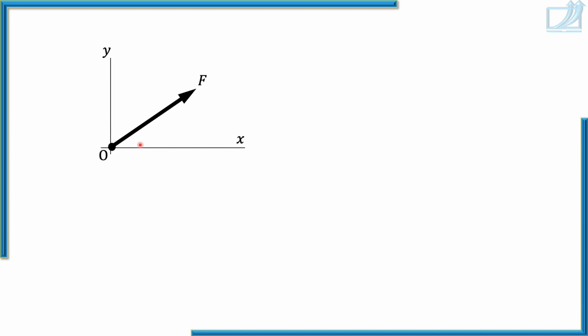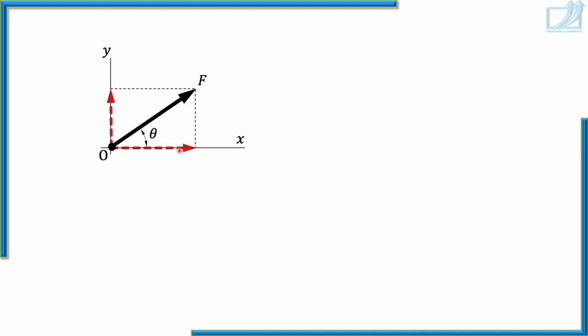Force F acting at point O. It makes angle theta with the horizontal. Now with the force F as hypotenuse, I have created a rectangle. Two sides of the rectangle are along the x-axis and y-axis. Now I am showing two forces along two sides of the rectangle containing point O. By the law of parallelogram of forces, we can see that force F is the resultant of these two forces, or the two forces along sides of the rectangle are components of force F.